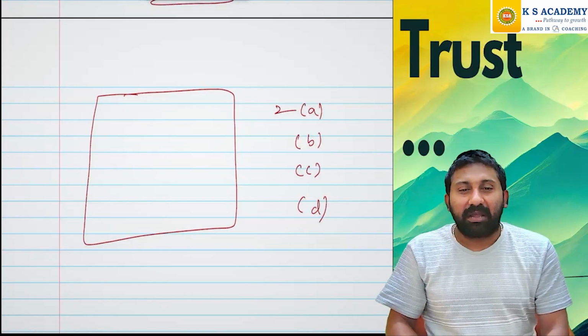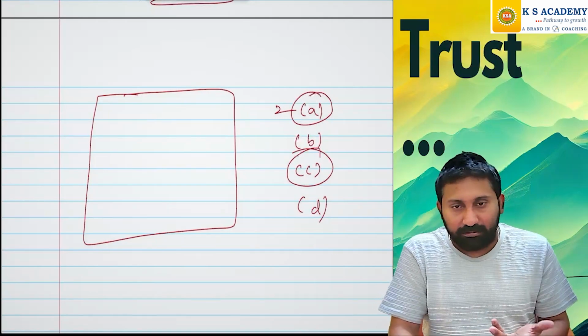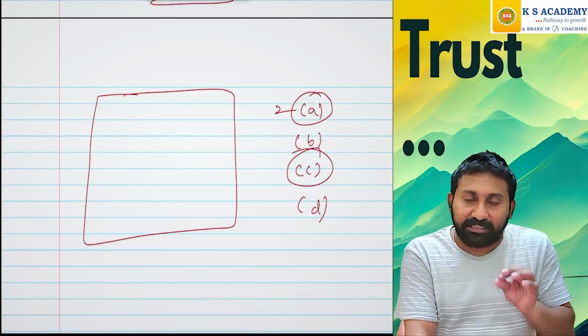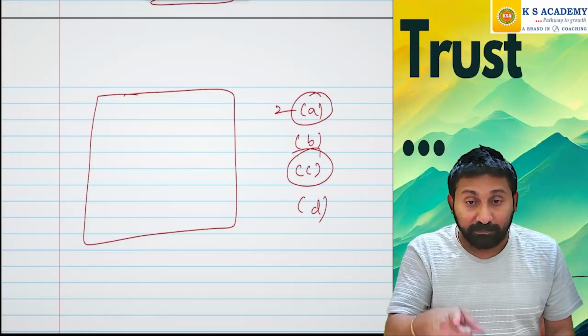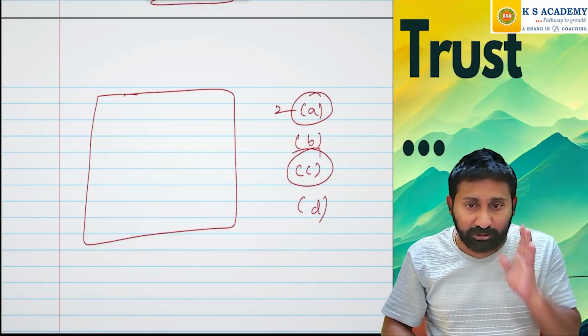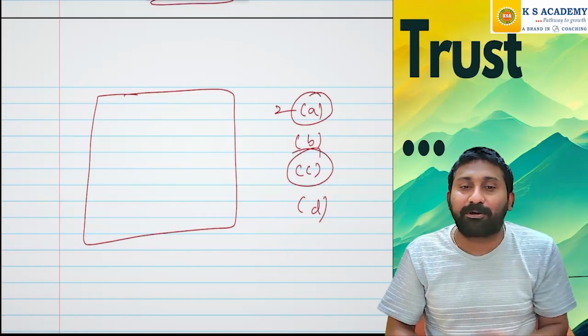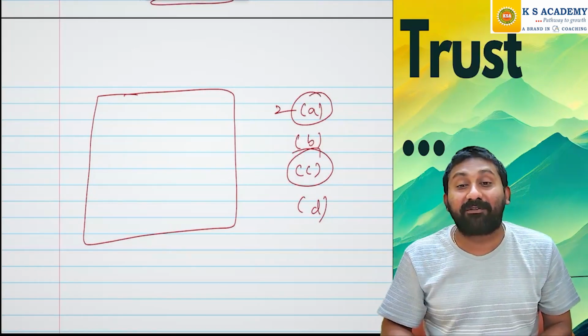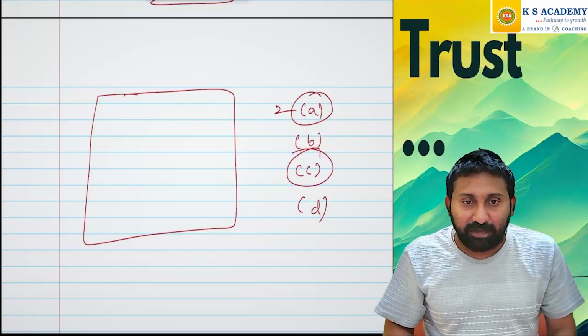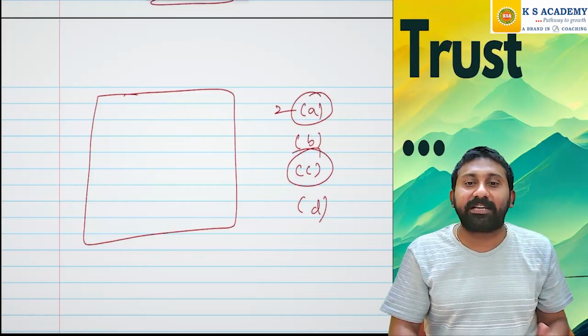No, sir, I know only 2A and 2C, sir. B and D I don't know. Then I can't do anything. But as much as possible, put all the parts together, because you will be given only one choice question. How come it is possible that you don't know the 4 questions in any of the questions given in the exam? At least 1 or 2 you will know, so you will know all the 4 questions or not. So put them in one single place.